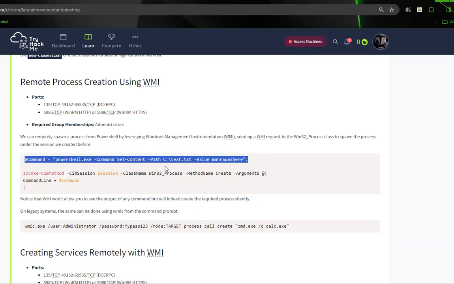To set content path to create a file test.txt with that value. Notice that WMI won't allow you to see the output of the command, but will indeed create the required process silently. On legacy systems, the same can be done using wmic from the command prompt. So wmic, username, password, create cmd, and then it'll spawn a